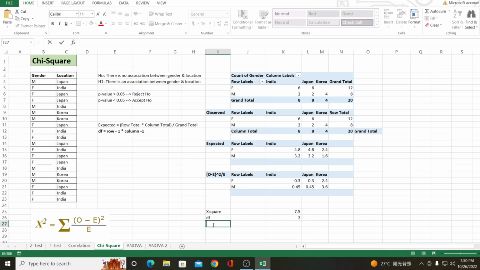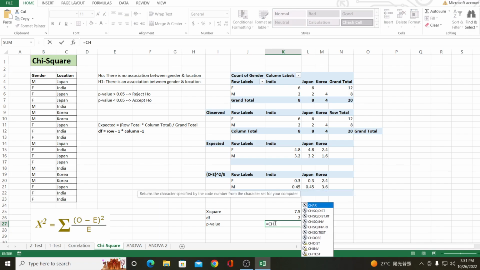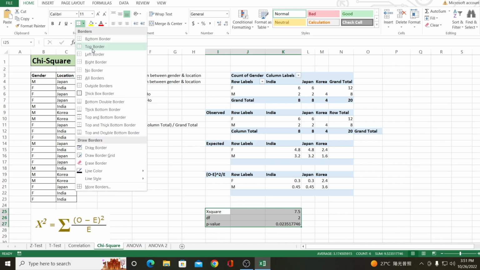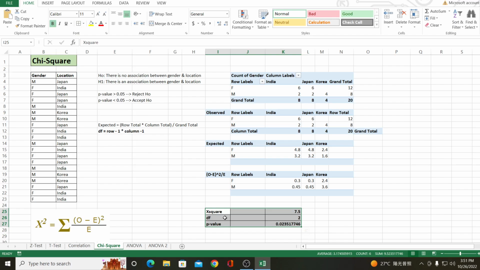1 multiplied with 2. Now this is where I will calculate my p value. My p value formula is, I will use the CHISQ.DIST.RT, which basically means it returns the right tailed probability of the chi square distribution. I will pass my X square value, pass my degree of freedom, press enter, and my p value is 0.02. I will try to create a table out of it. That becomes my p value 0.02, and as p value is less than 0.05,